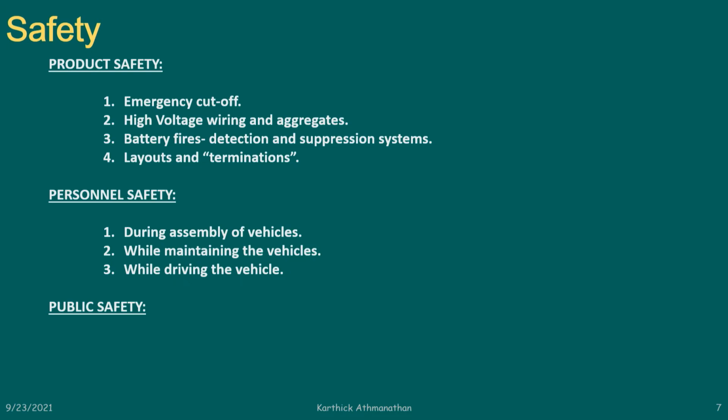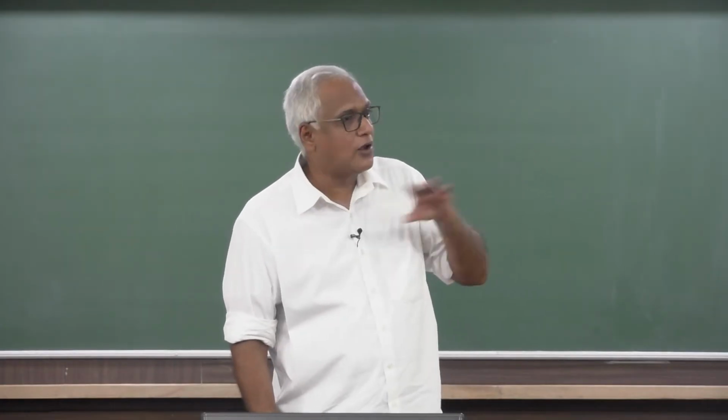One important part which is hidden behind all these in personal safety are the tools and the equipment that they deploy. So you have extremely special equipment for high voltage assembly lines. You have safety mats, you have the kind of working gloves which are higher grade, and you also have a fair number of tools which have much higher levels of insulation when you are handling the high voltage system. Public safety, most important, because these vehicles are going out in the public, they are on the road.